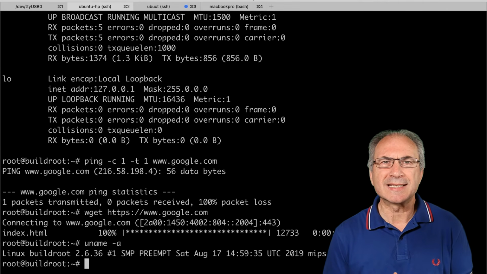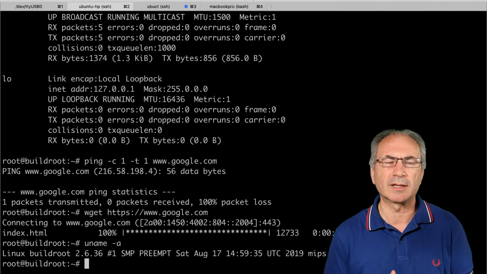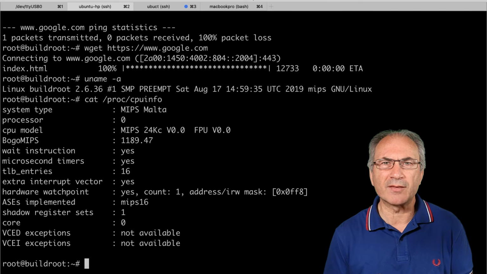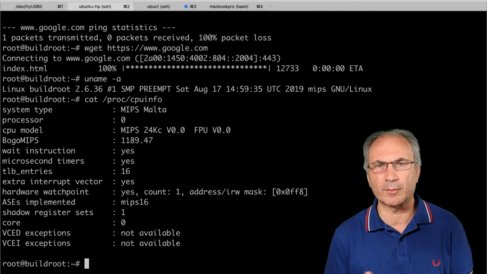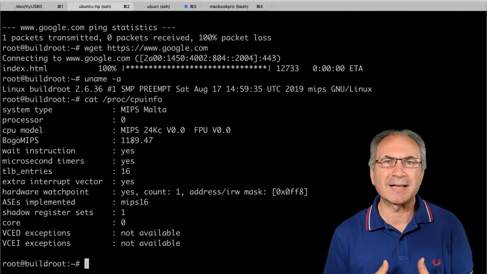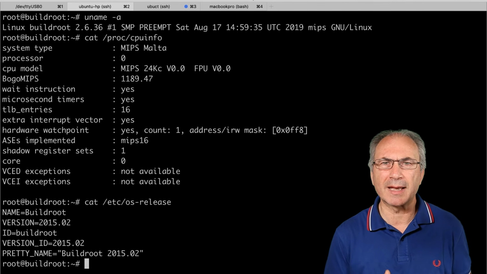uname -a gives the hostname and kernel version that is the same as in our sample Gemtek router. cat /proc/cpuinfo tells us that we have a MIPS single-core processor. In QEMU we can emulate processors with multiple cores, but this usually slows down the emulation. cat /etc/os-release tells us that this system has been built using Buildroot version